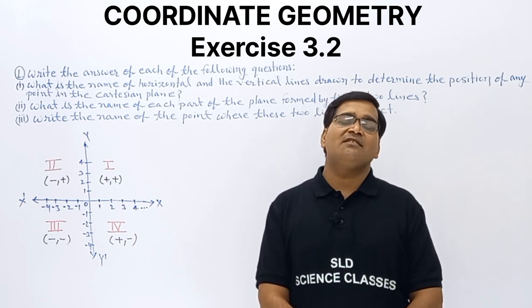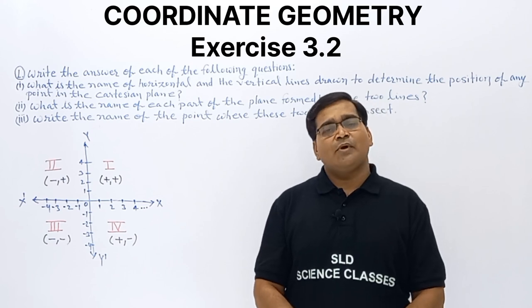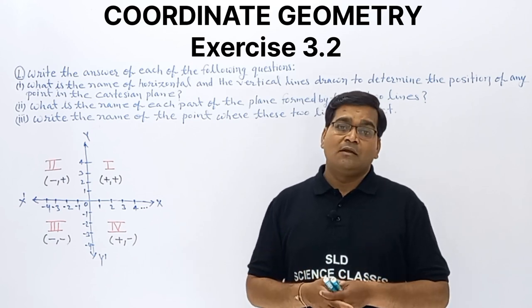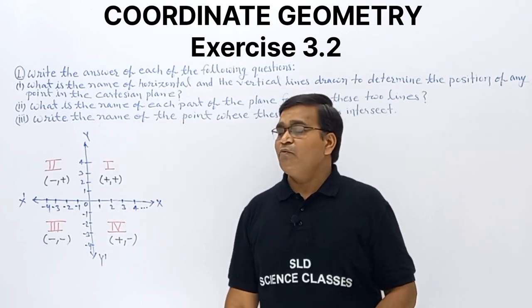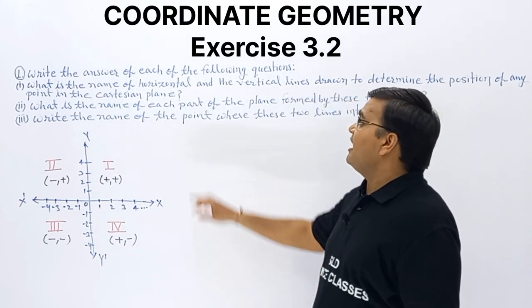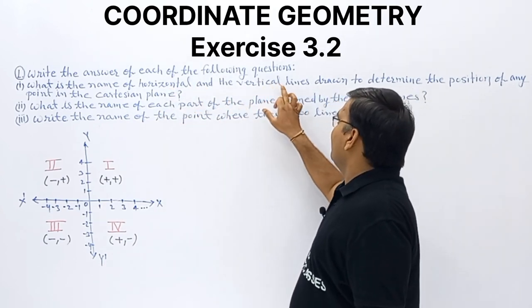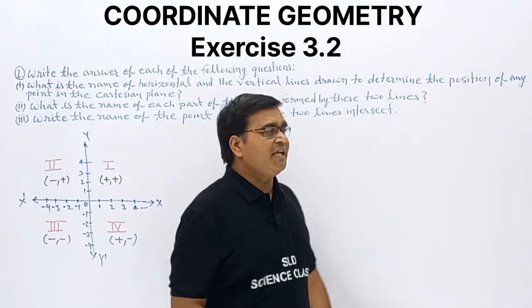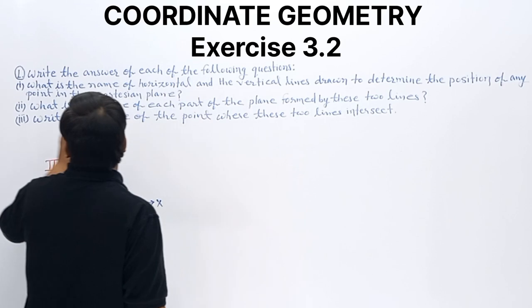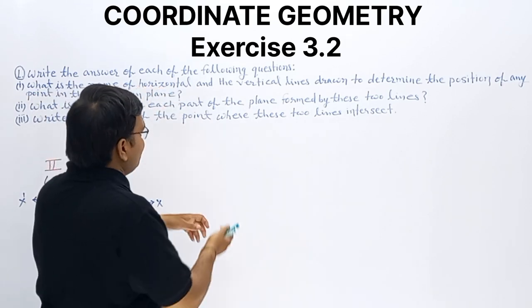You must revise the last class, then you can understand well. So now I am taking these questions. What is the question? What is the name of the horizontal and vertical lines drawn to determine the position of a point? What we want is the name. What is the name of the horizontal